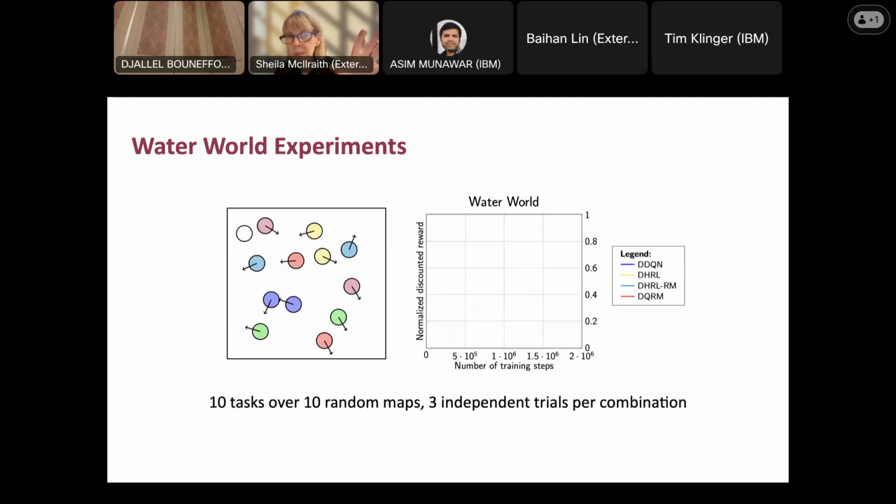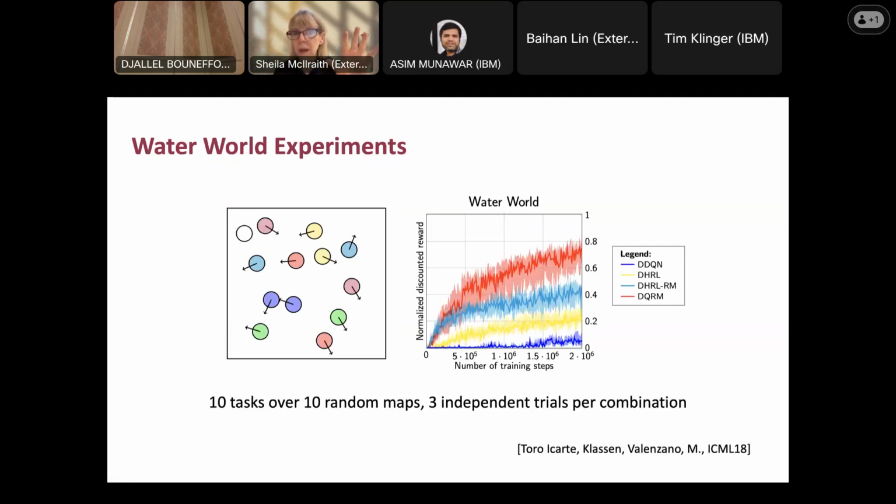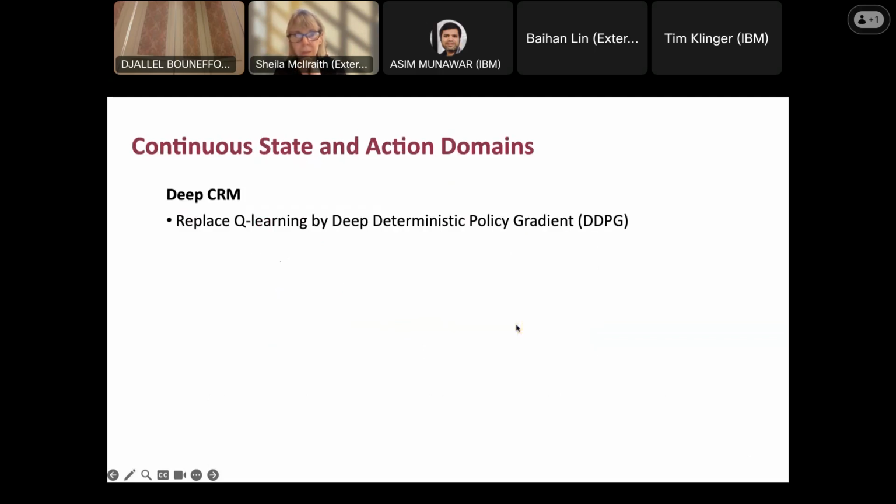So again, it speaks to the effectiveness of this solution. In continuous spaces, this is a water world domain. It's like playing billiards or pool. We're controlling the white ball, and we gave it instructions like hit 2 red balls and then a yellow ball, or never hit any purple balls. And again, in this deep learning environment, we replaced Q learning with double DQN. These were results that were done in 2018. We've got some more modern ones that I'll show you at the end. It did much better. So again, we show our superior performance. We're in red relative to the Q learning baseline and the 2 hierarchical techniques in the middle.